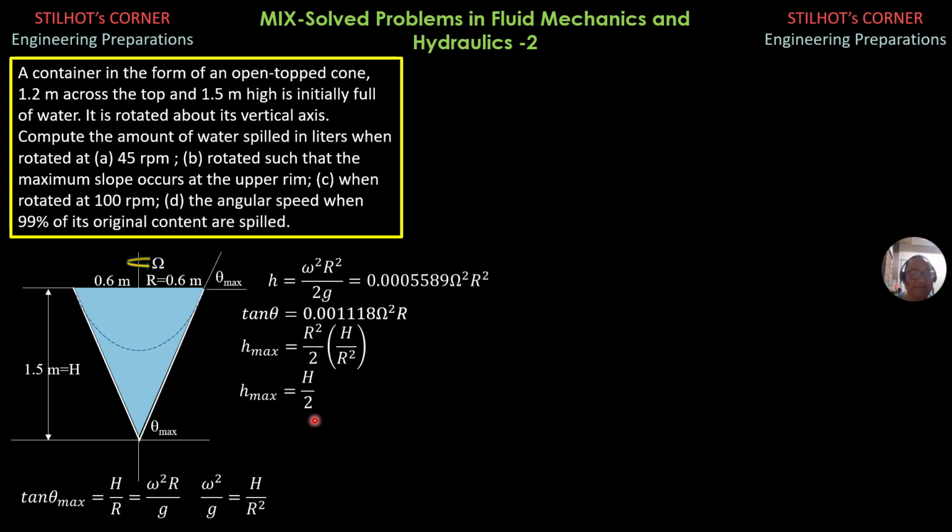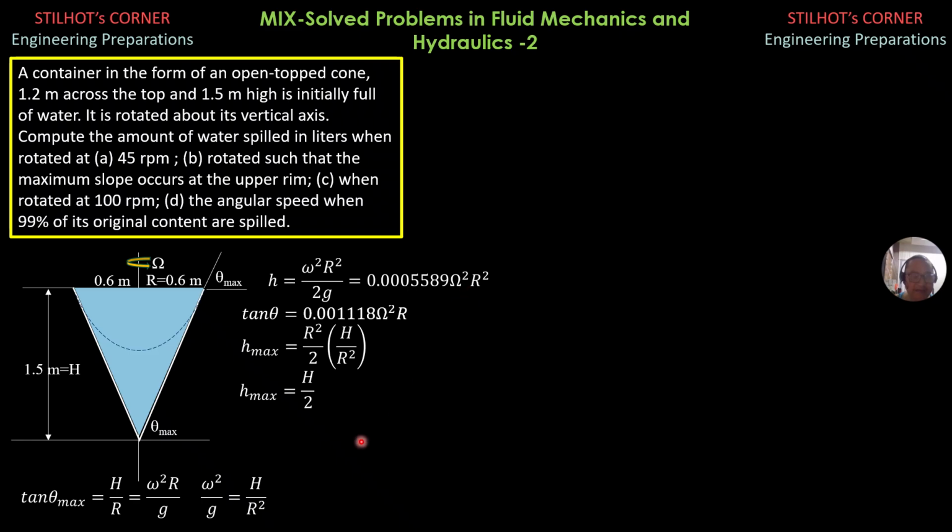Then relate it to surveying. If you have a vertical parabolic curve, the passing sight distance, remember, this is H, that is also H, which is true for this case because this is a parabolic surface. So try to relate it there so that you can remember that the height of the paraboloid is half the height of the tangent to the curve, or half the height of the cone. So that's the relationship.